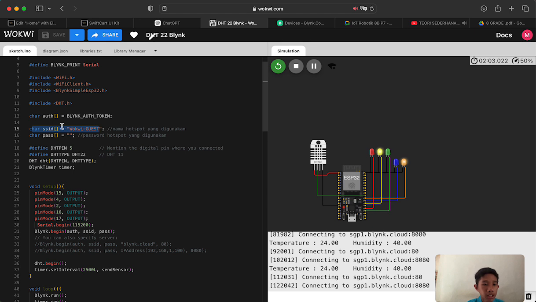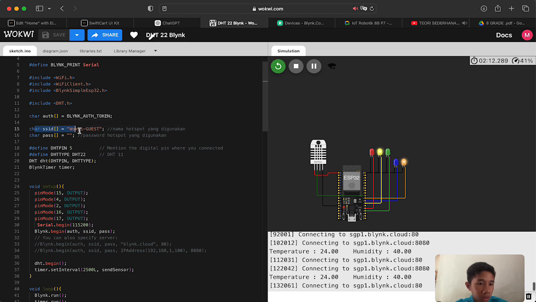For the password there is none, because Wokwi has a secret password. Oh yeah, one more point: the device can work when you use a single password, WiFi and username.